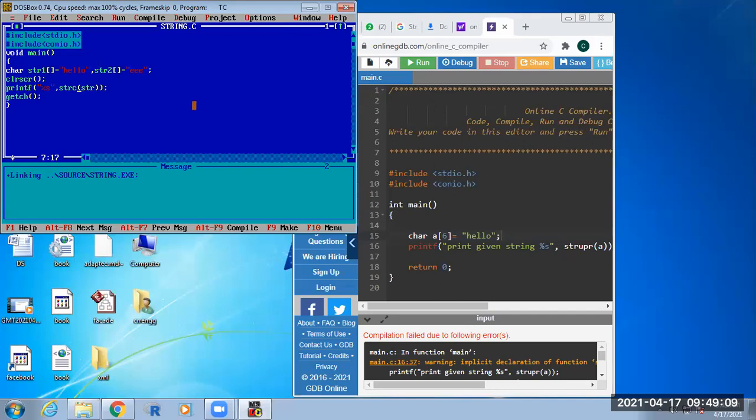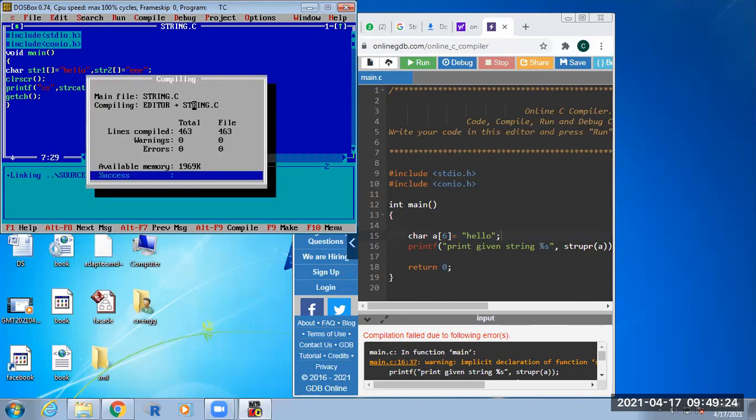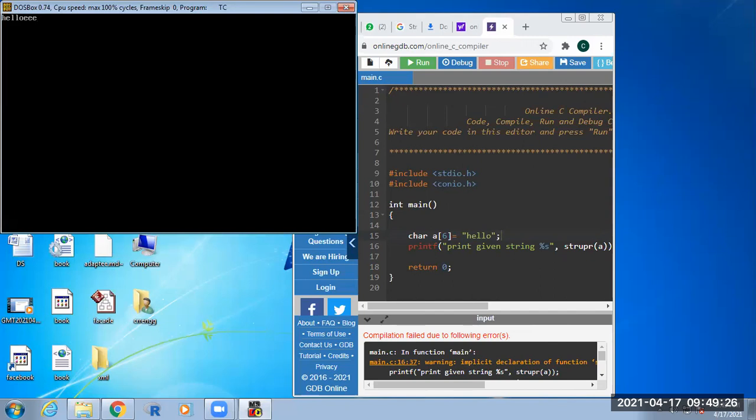So I use the command strcat, and the strings I want to merge are string 1, comma, string 2. Okay, Alt F9, Control F9. See here, hello triple. So in this way you represent the string functions in C language.